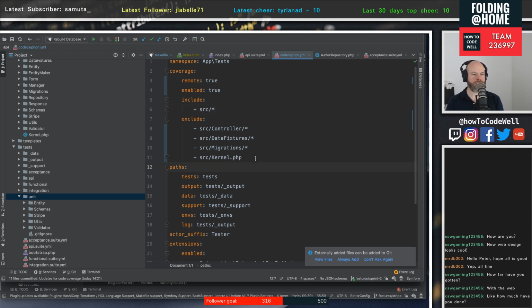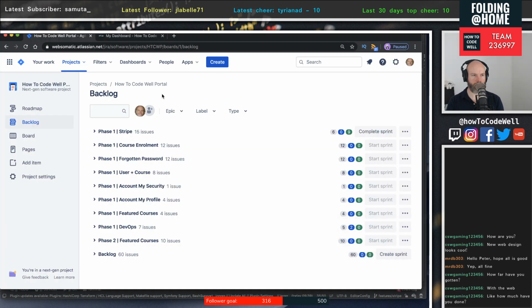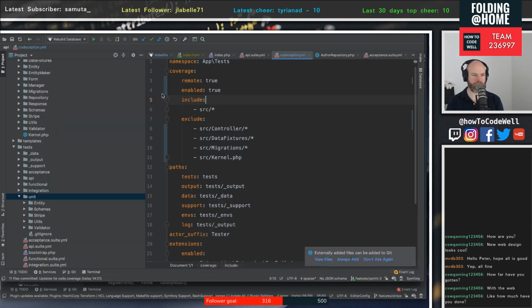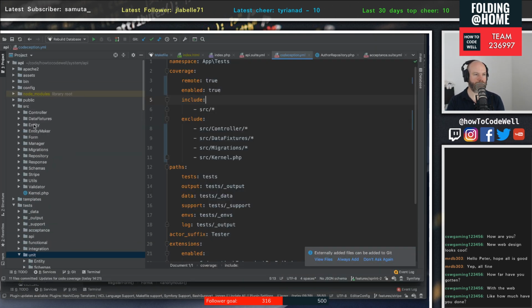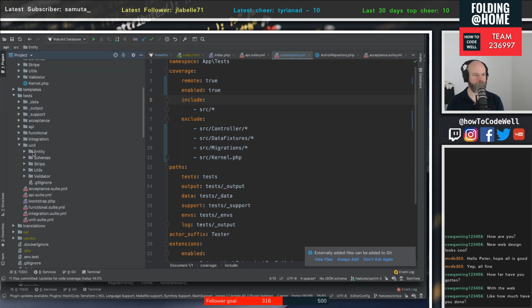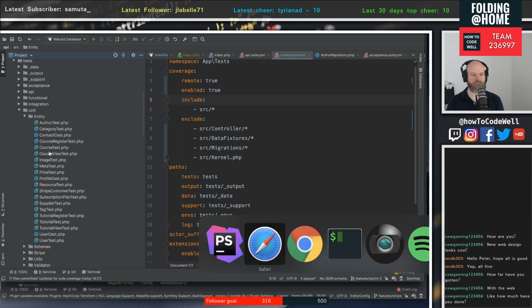Okay, so I was playing around with code coverage earlier, hence what you can see with that. That's what the code coverage does for codeception. But we want to be testing these entities, don't we? We want to be testing the unit tests, and the one I want to focus on first up is the